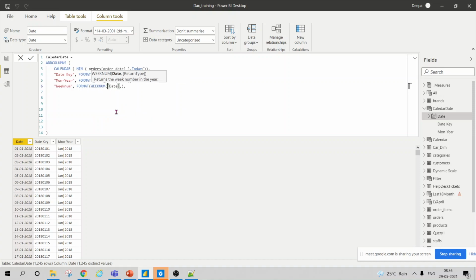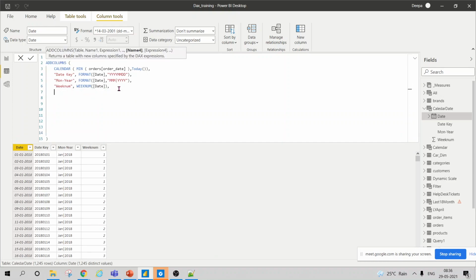Returns the week number. Is it okay? So it will return me the week number. One column it will add, and it will give me the week number. Similarly, there are multiple functions. We'll go one by one through all of them so that we don't miss anything.